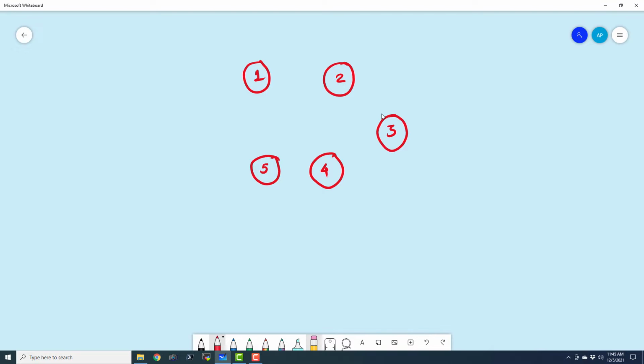Now based on how we connect them, they can be either a graph or a tree. Now let us make a simple tree out of these 5 nodes. So this is a simple tree where 1 is root and 2 is its child and so on. 5 is the leaf node. Now if I want to convert this tree into a graph, then I have to insert another link from 5 to 1. Basically every tree is a graph, but every graph is not a tree.